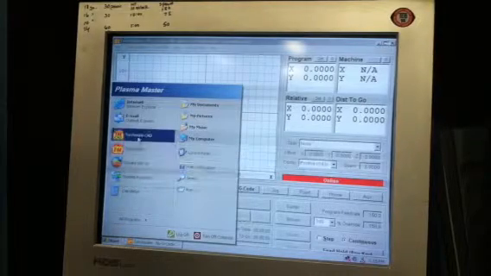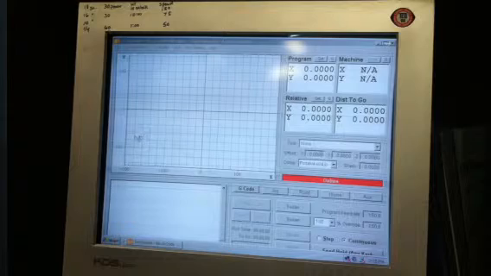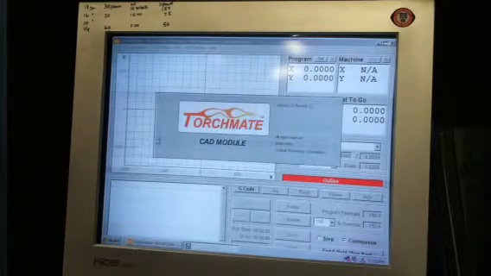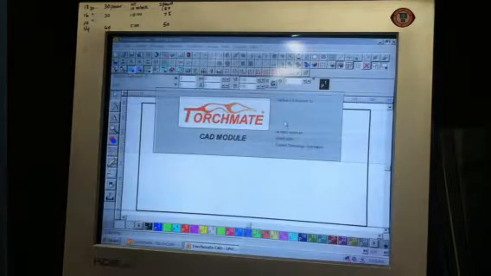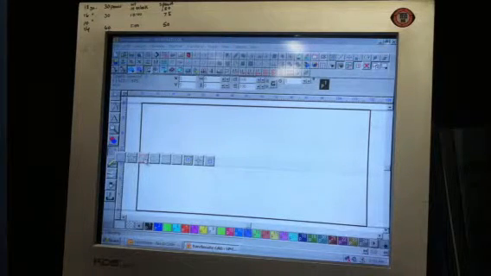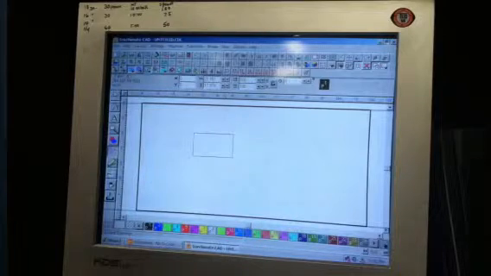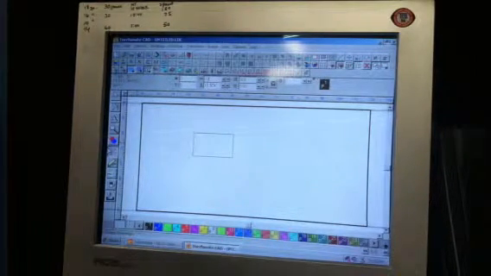Okay, in this video I'm going to open up Torchmate CAD software, and I'm just going to go through the process of how you make a toolpath. I'm just going to select a square here and draw a square, and if I want to change the dimensions I can come up here and say 10 inches